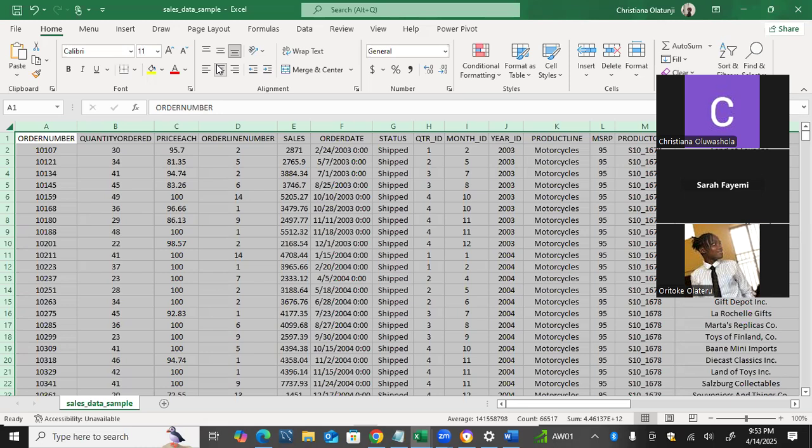Also, ensuring the right data type for each of the columns. So I was saying, we would do all of that for cleaning,